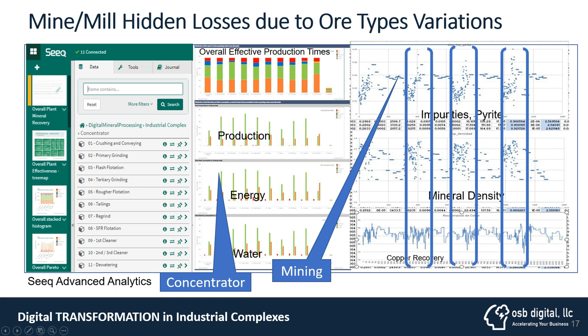But what can you do? Those are the things we are going to be focusing on, and that's where you do the continuous improvement and innovation that we are going to be talking about, to identify why we have all these orange sides here, which are the ones where you are really getting into trouble in some of the units. The idea will be to have only green bars, and this will show you the total production by unit, the energy consumption by unit, and the water consumption by unit.